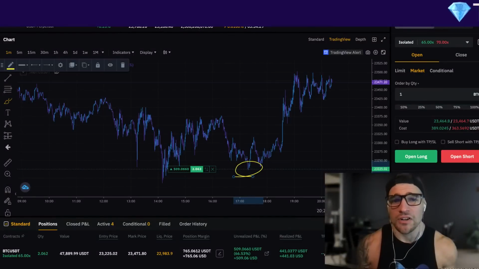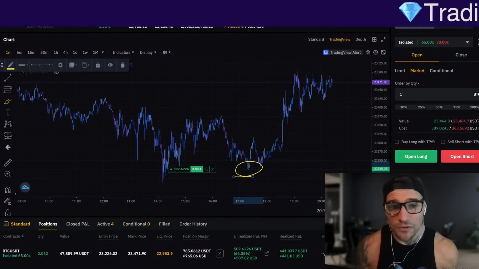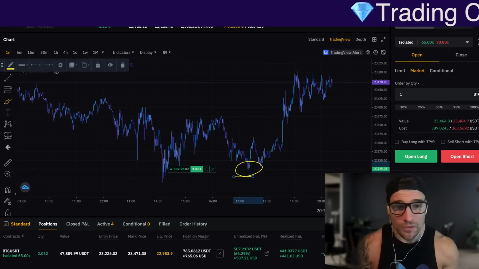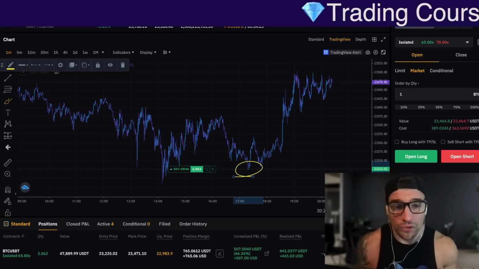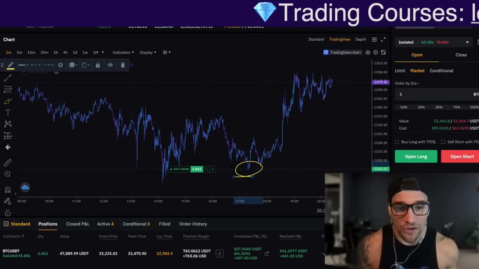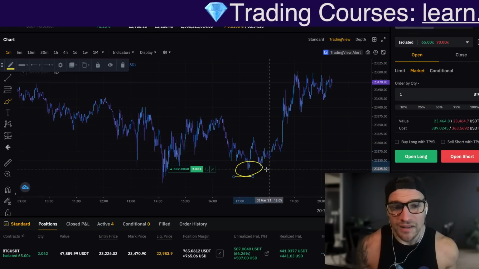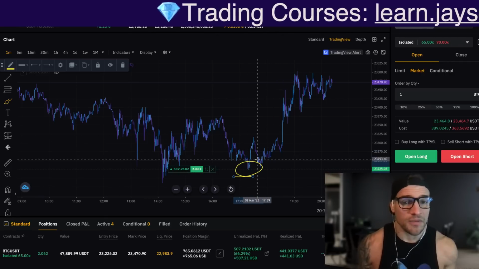This 1 minute scalping strategy is simple, profitable. It's great for new traders who are looking for a very simple step-by-step strategy, or anybody who's looking to have a good time scalping on the 1 minute. This strategy would have been used to give you this entry on this current long scalp that I'm in from